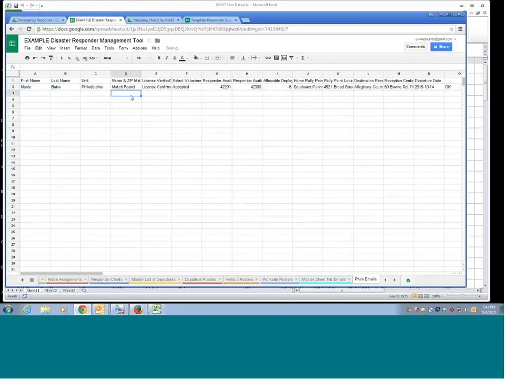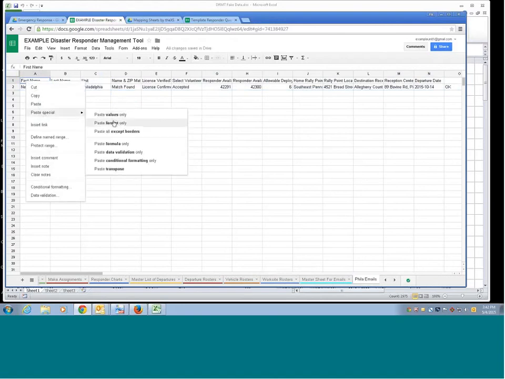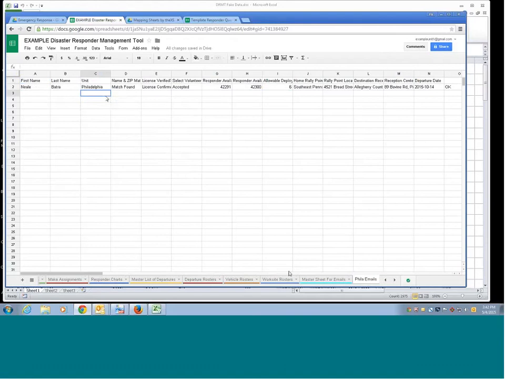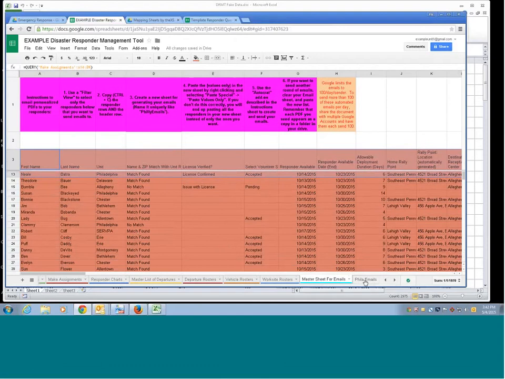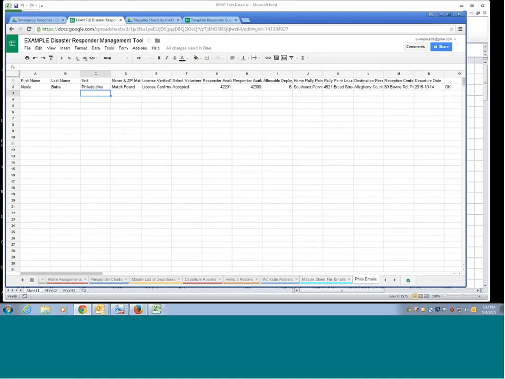And the reason why I do that is because if I was to go here and just click paste or click any of these other ones, the entire sheet, or not filtered view of this, so all of the individuals in this sheet would have appeared in the Phila emails, not only the Neil Batra that I wanted to send the email to. So now I have a sheet that only has the people I want to send to,